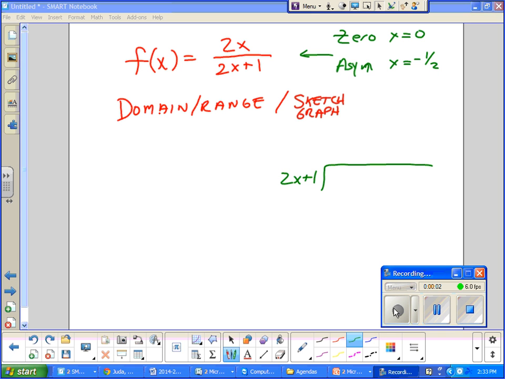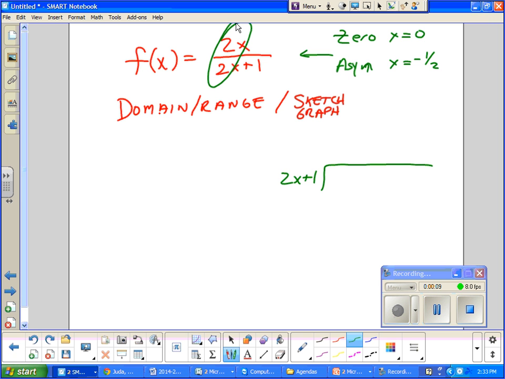All right, so again, we defined that the 0 is x equals 0, the asymptote at negative half. You could do the horizontal here and say it's 1. There is a horizontal asymptote y equals 1. I typically do polynomial division very quickly, 2x into 2x plus 1. You guys are thinking, why bother? But if I do this,